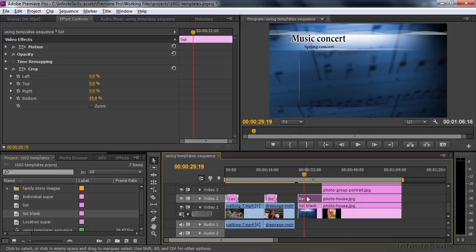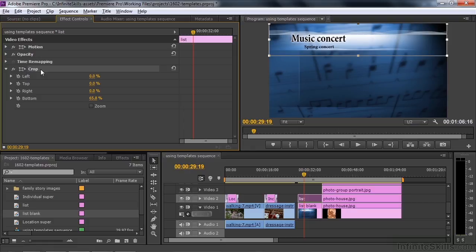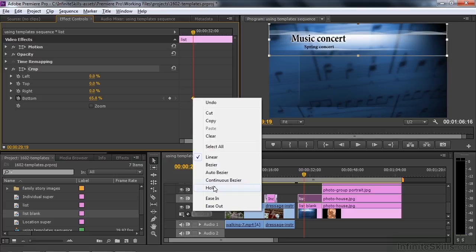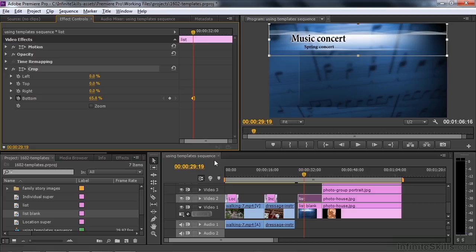Click this one on top to reselect it so we can see it inside the Effect Controls. Click on Crop so you can see the bounding box. Put on keyframes for the bottom, because we're going to drag the bottom down now. And I want this keyframe not to be a standard keyframe because it'll gradually go from one thing to the next. I want to make it a hold keyframe. So I'm going to right click on it and say hold. There you go. Now I'm going to go a little bit farther into the list, like about there, for example,